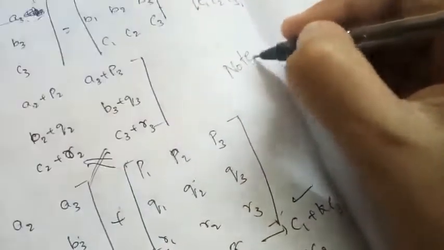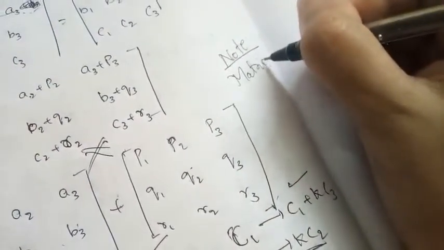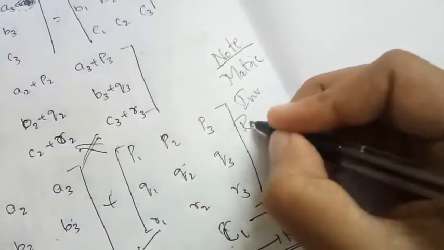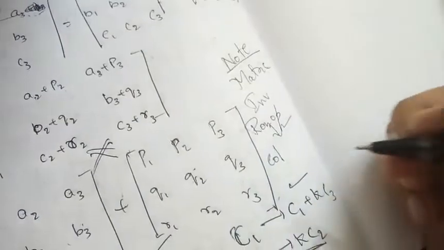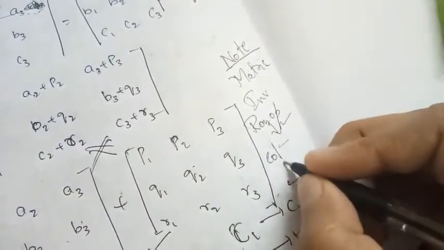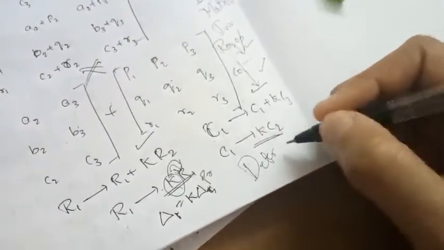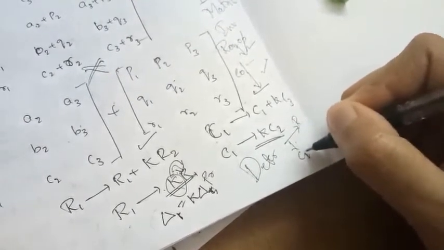But you can make one note here. When you find the inverse of a matrix, you use either row operations or column operations. If you are doing row operations, then to get the inverse, the whole process uses only row operations. If you are using column operations, the whole process uses column operations. But in the case of determinants, if you first apply a row operation, after certain steps if you use a column operation, it is okay.